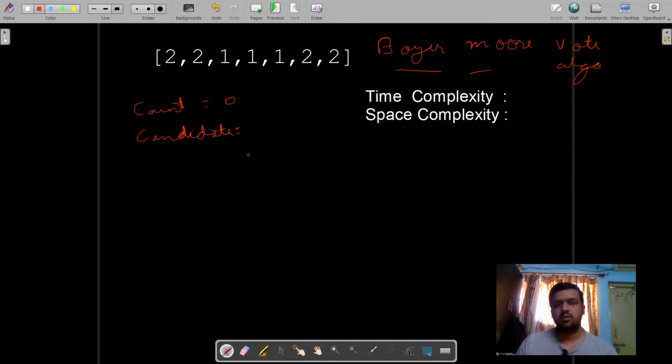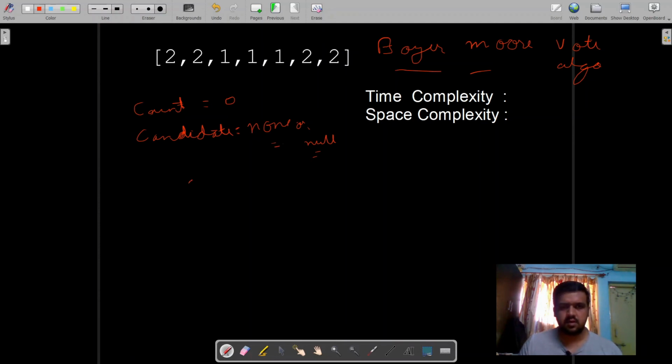Because we have to try for each and every element whether it may or may not be the majority element. So initially it will be initialized to none or null, for whatever language you use. This will be the initialization parameter.